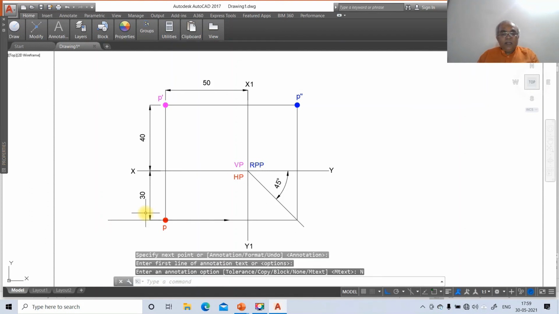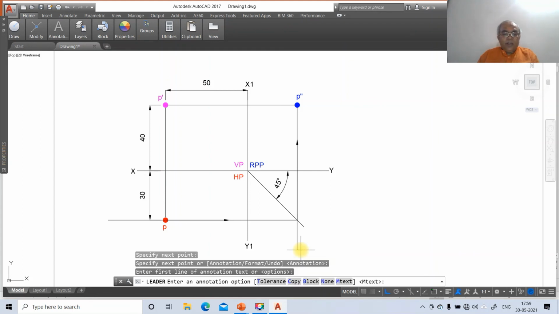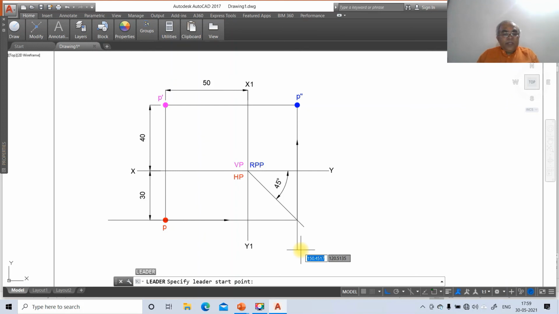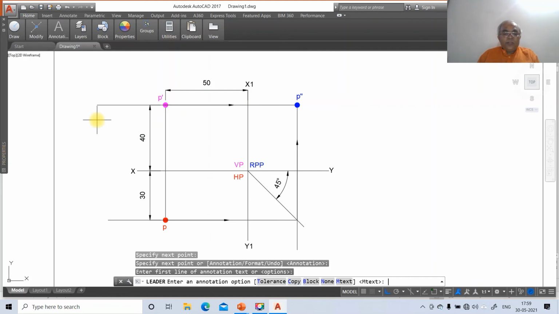Similarly, leader, select nearest point on this, project from here, take it, annotation, options and none. Similarly, leader, go to nearest point on this and draw to this, annotation, options, none.